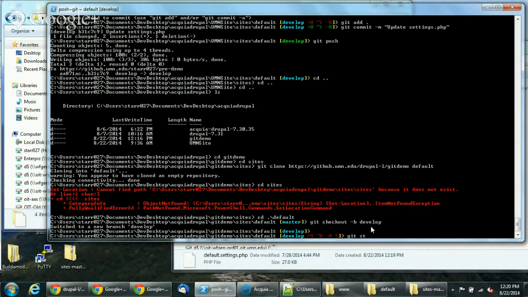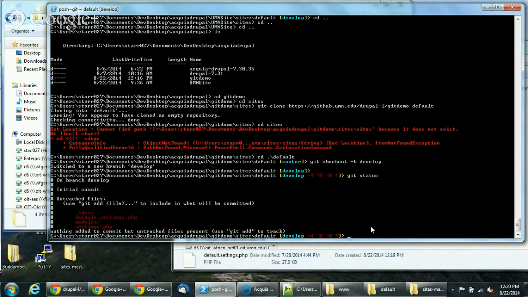If I do a git status, I'm actually not sure what it'll show me here. It's going to show me the files that have changed. So this is going to give me an idea as to what's different now than it was before. So if I want to start tracking these files, what I need to do is add them to the repository. So the first thing I would do is a git add,